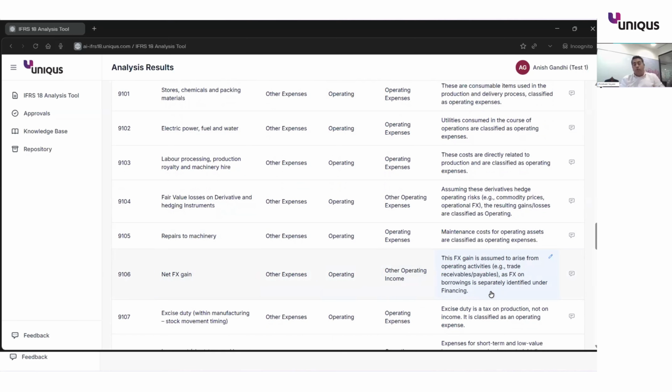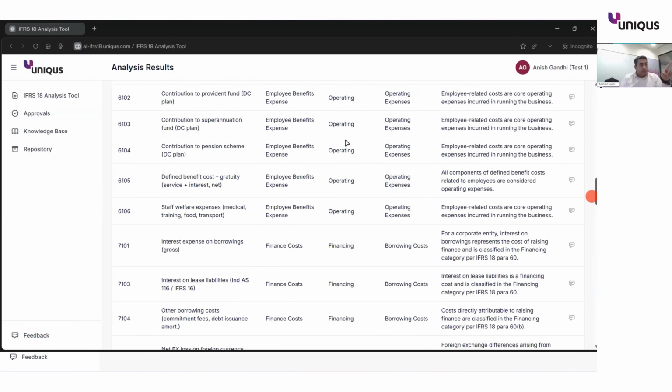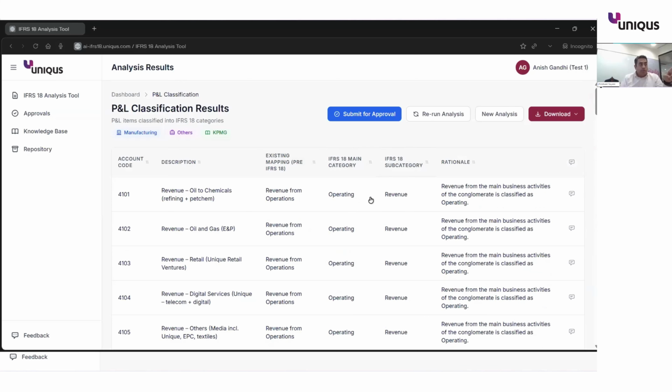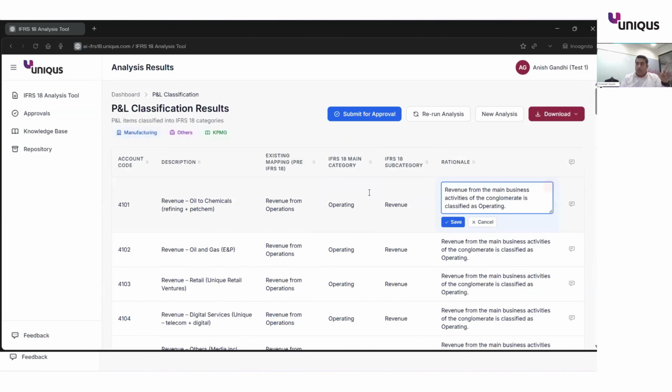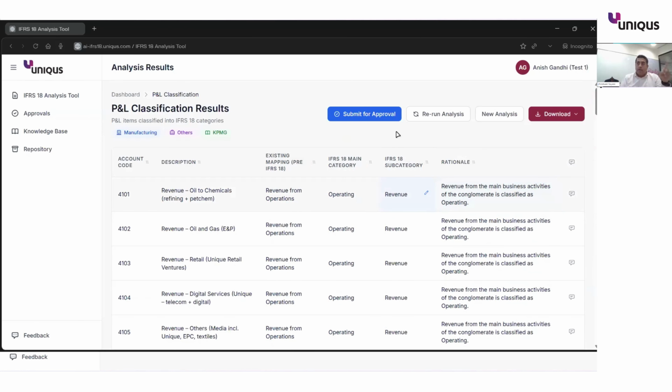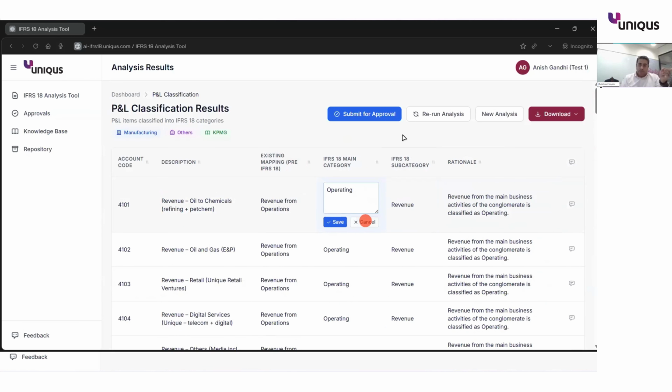Also, as we said, it provides an audit-ready output. And also, we said that human in the loop is extremely important. So this is why, for all of this tagging of GL, there is a capability in the tool where a user can review, change the classification, change the description also. And any changes made after the output is generated are all tracked in the audit trail. At the same time,